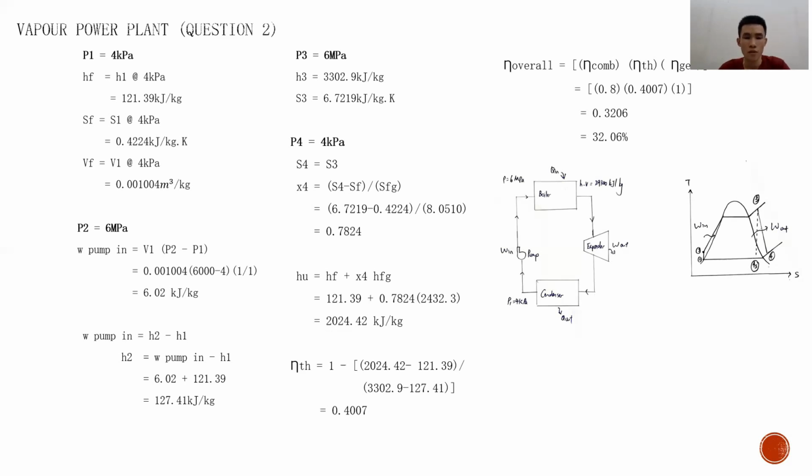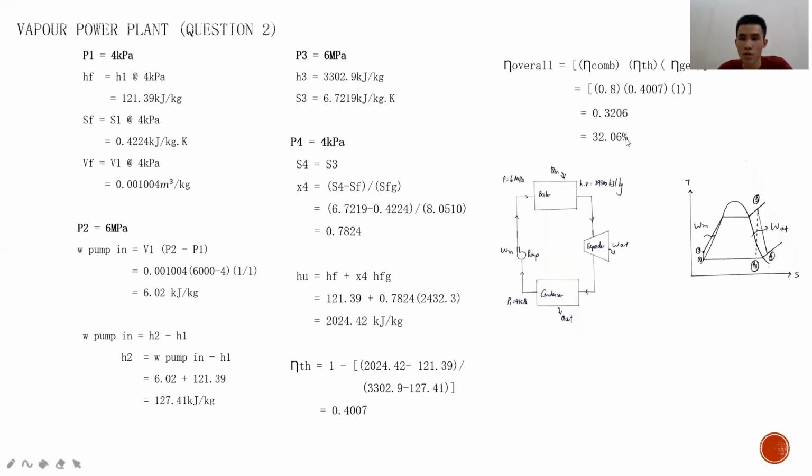So for the efficiency, which is 1 minus 2024.42 minus 121.39 divided by 3,302.9 minus 127.41, and we'll get 0.4007. For the overall efficiency, you use the formula efficiency combined times the efficiency in general,